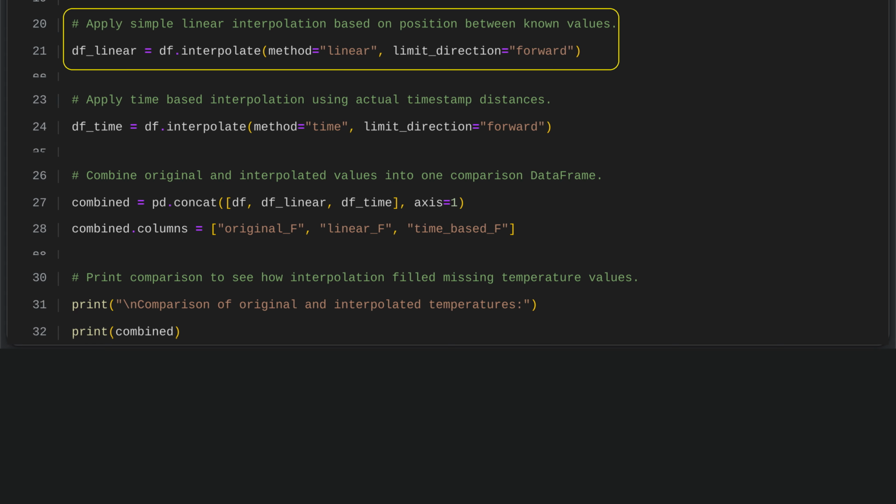This code uses a Pandas interpolation function to fill in missing temperature values in a data table. It applies linear interpolation, which estimates each missing value based on its position between the nearest known values. The limit direction is set to forward, so it only fills gaps that have a known value earlier in the sequence. This method is useful for time series data, where temperatures are expected to change in a roughly linear way